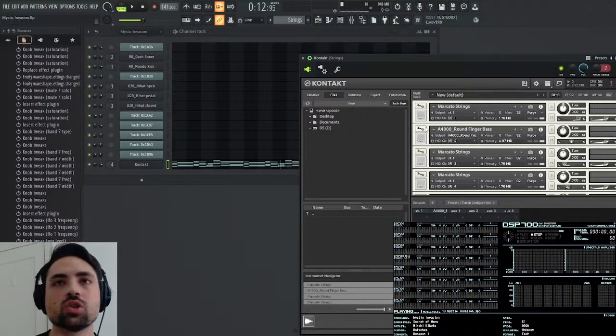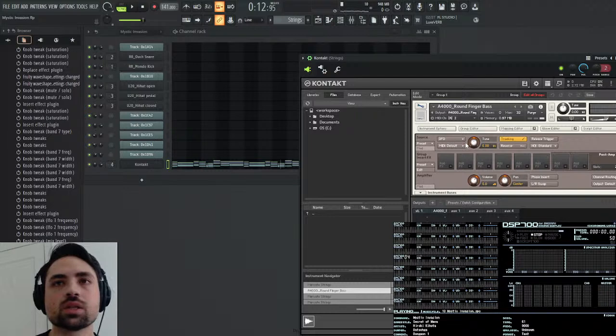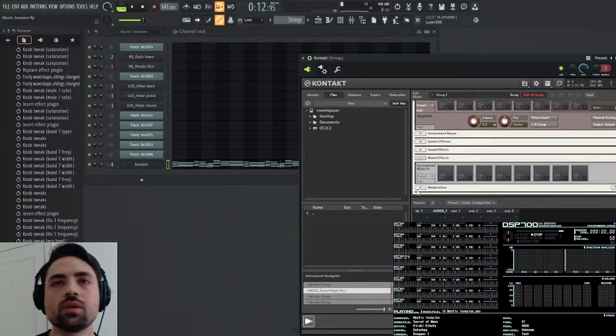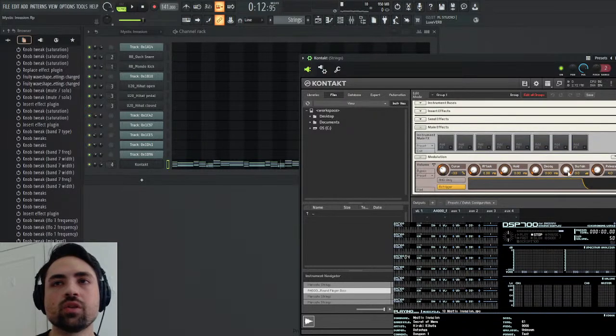So he was kind of trying to do a pluck bass with this. So let me edit the volume envelope. Let me take down the sustain. Take up the decay, about 300 milliseconds. Take the sustain a little bit higher.